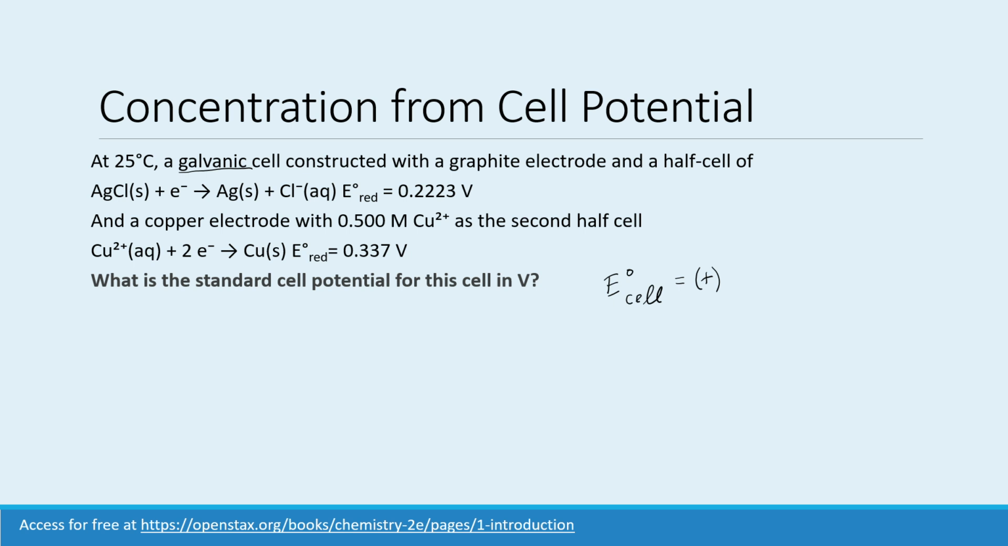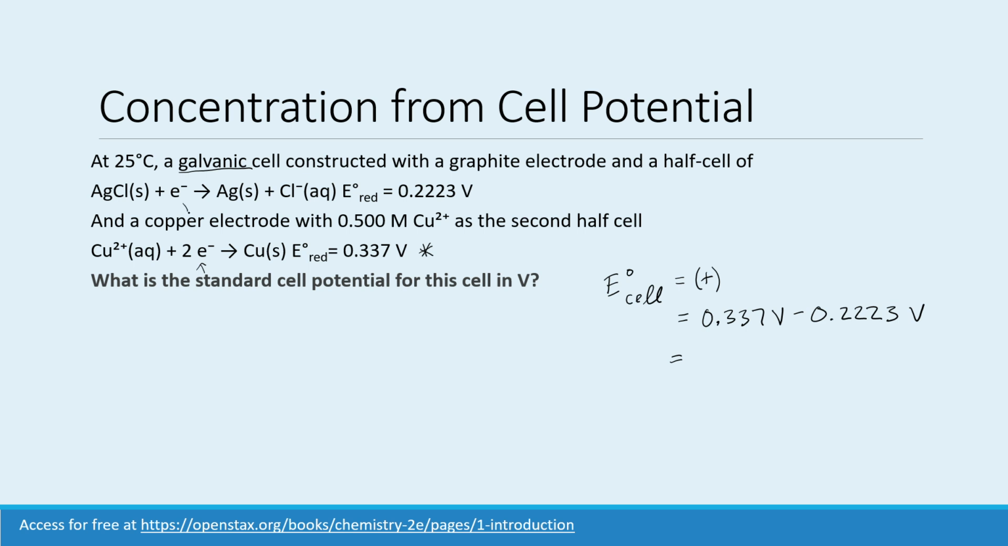So we could subtract this either way, and we'll find that there's only one way that we get a positive value. You have to take the larger value and subtract the smaller. And so with the 0.337 being the larger value, that means that E cell is going to be 0.337 volts minus the 0.2223 volts. Okay, and you have to do that in order to figure out which one to subtract, because you